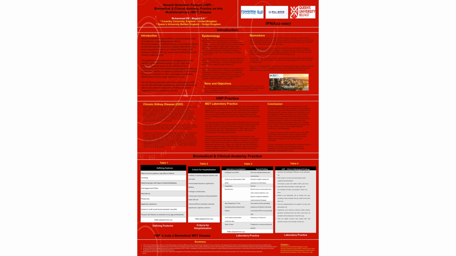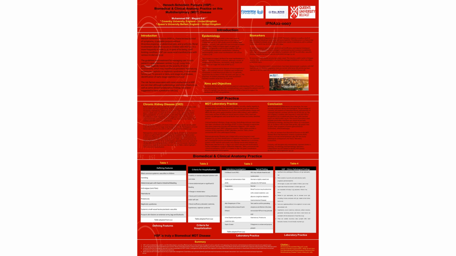I am going to now talk a little bit about what's in these particular tables in this poster. The tables in the poster presentations generally fall under the category of biomedical and clinical anatomy practice. So Table 1,